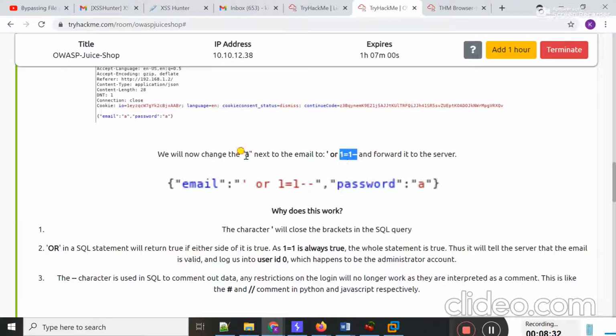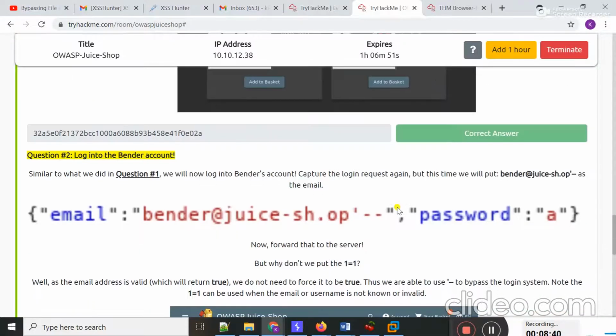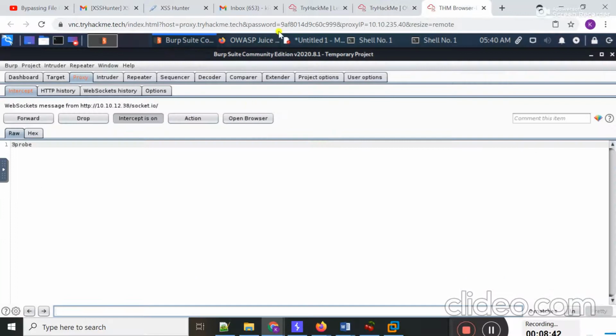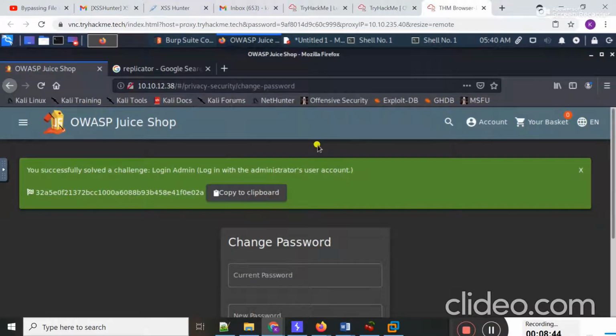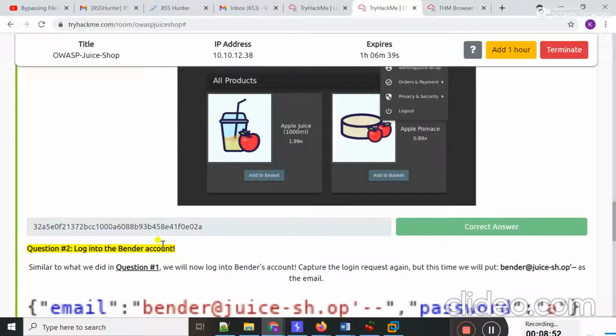Either it checks A or it checks 1 equal to 1, and as this condition is true, I am successfully logged into this admin account. Guys, you can see I've successfully found my first flag, that is login admin. You can copy it here and paste it into the answer.